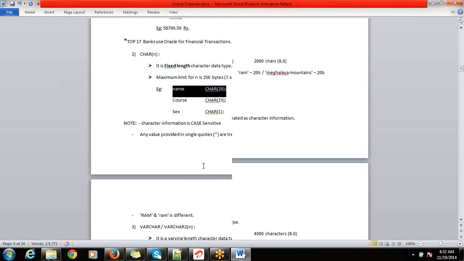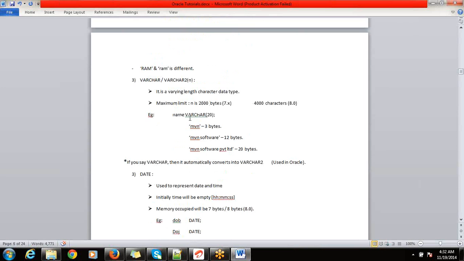Whereas with the varchar, as it is varying, if you give a value MVN, only 3 bytes would be given for that variable, and the rest of the 17 bytes could be utilized by some other components present in the RDBMS.